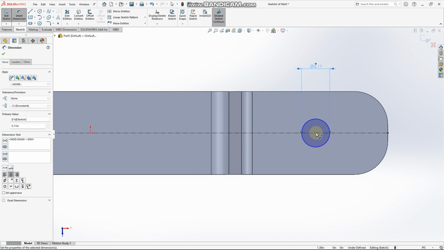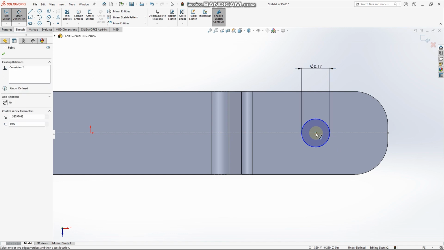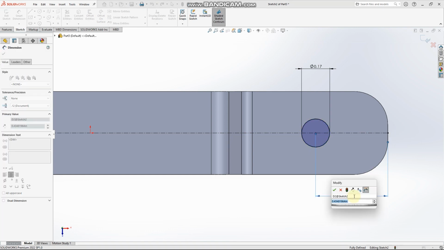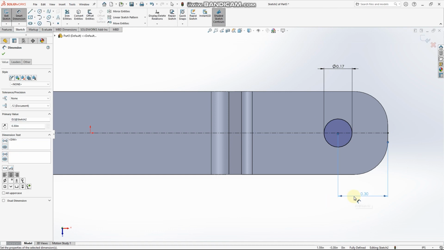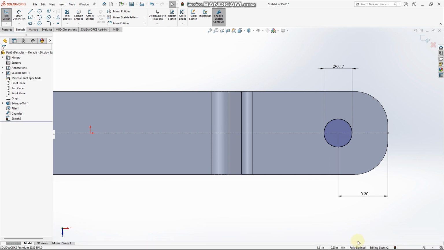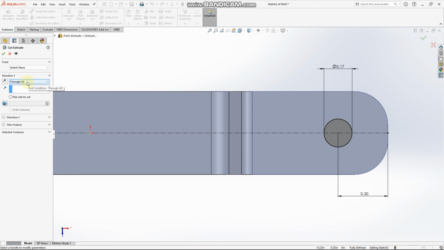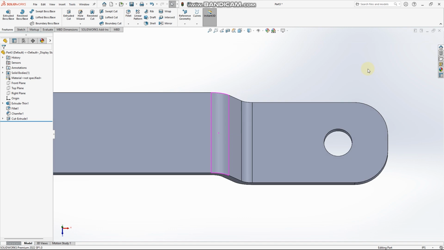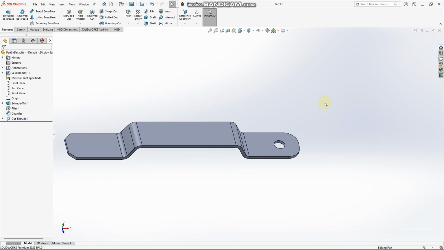Then we dimension from the origin to this line and give it a dimension of 0.3. Our sketch should be fully defined, as you can see. Then go to features, extruded cut, and make sure our condition is on through all. Then we click the tick. Now we have our completed sheet. Then save it as